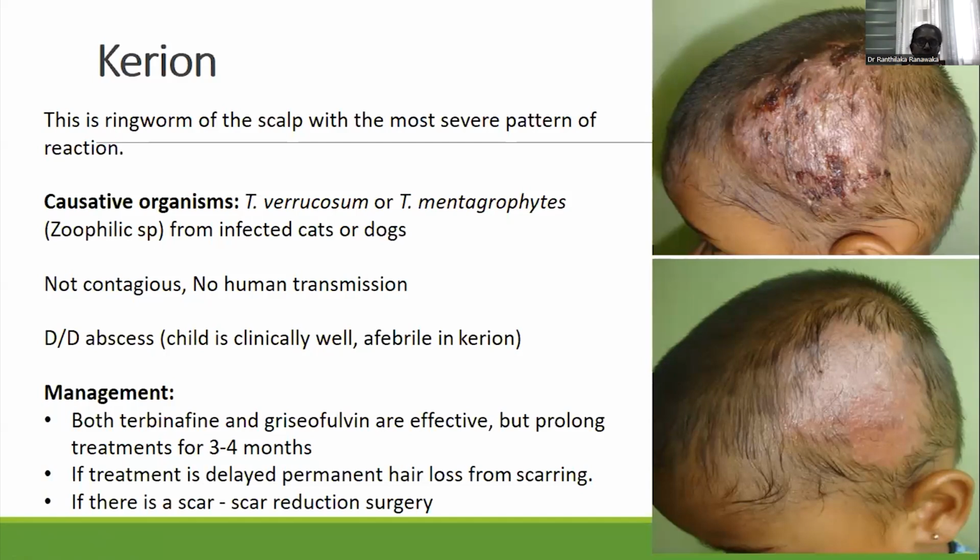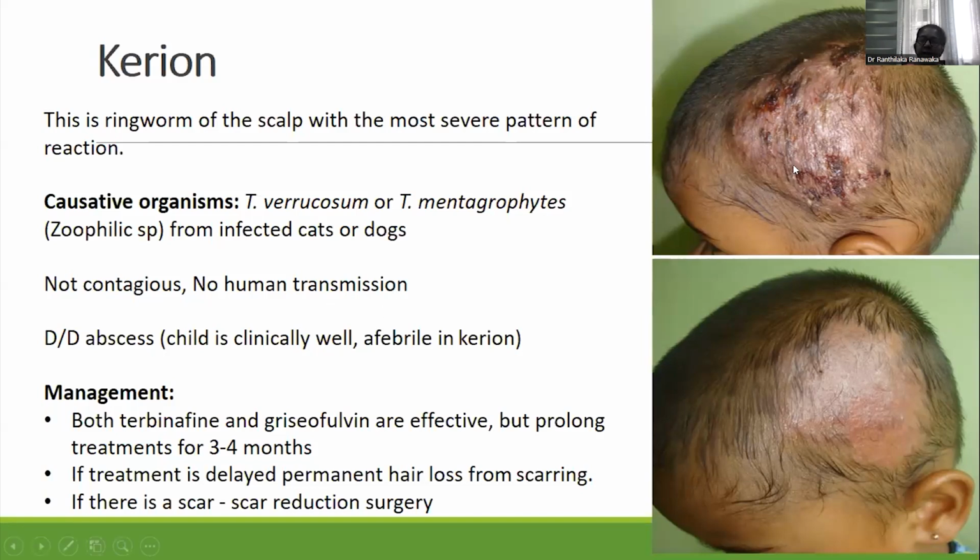So recently we had a child, and the school teachers and the principal stopped them from coming to school for more than, I think, because it takes a long time to treat, 3 to 4 months. So this child had not gone to school for about 6 weeks. We didn't know. After the cure only, the mother told us, right? So there's no human transmission. They can go to school if the child is okay, right?